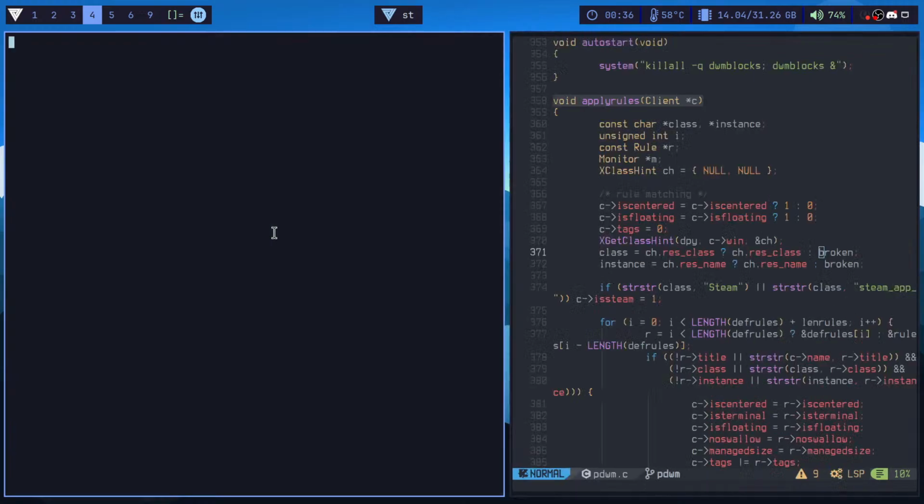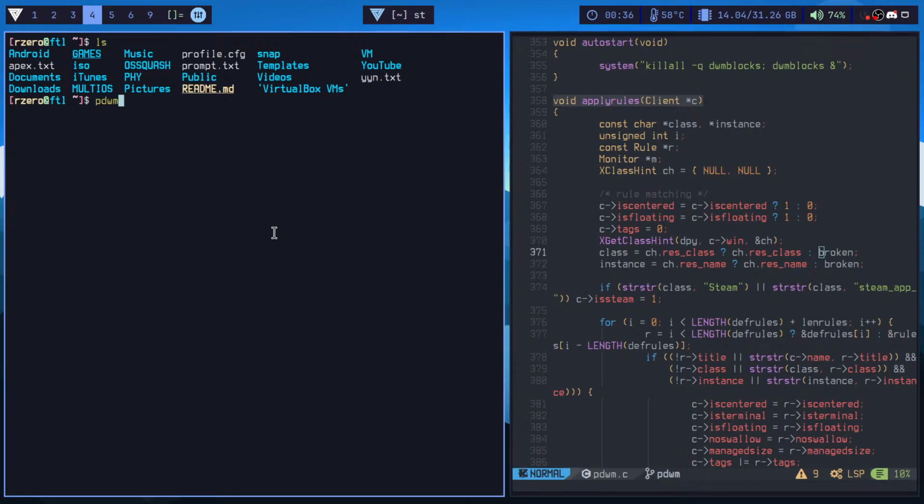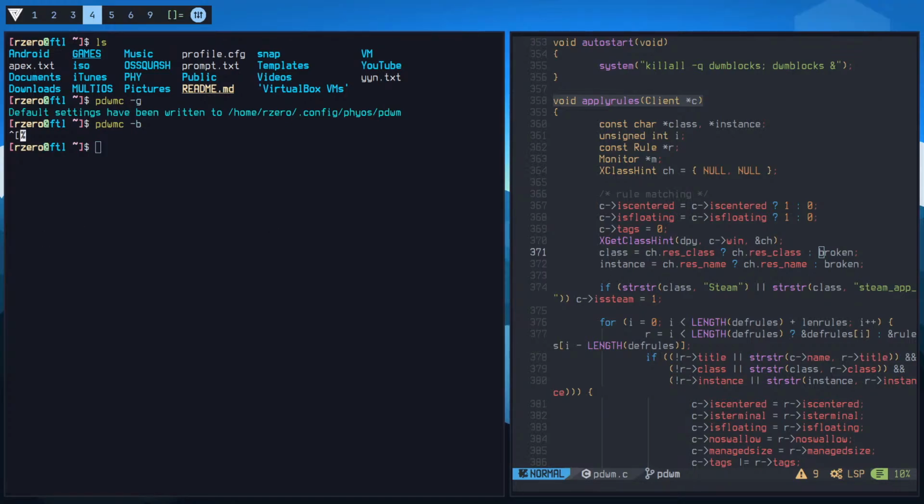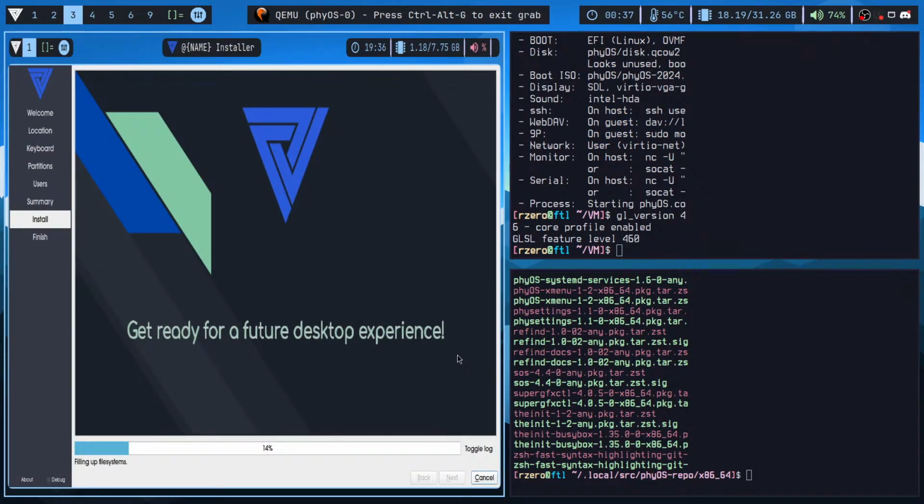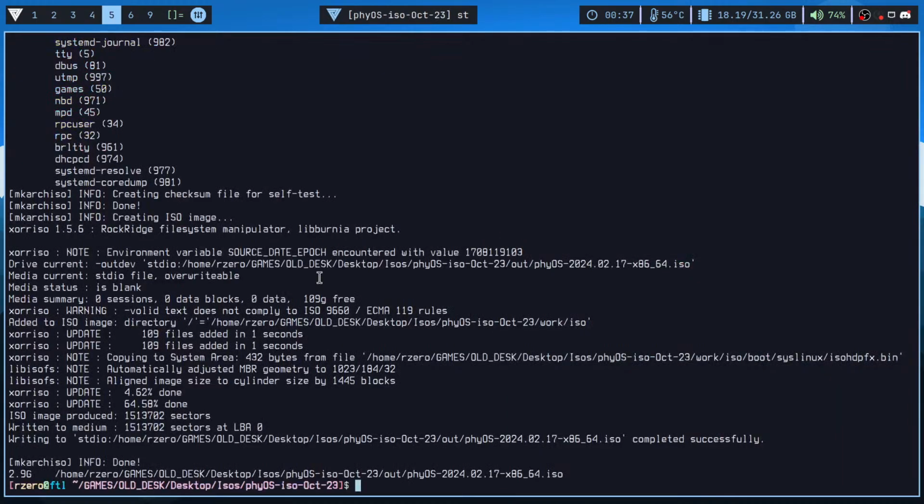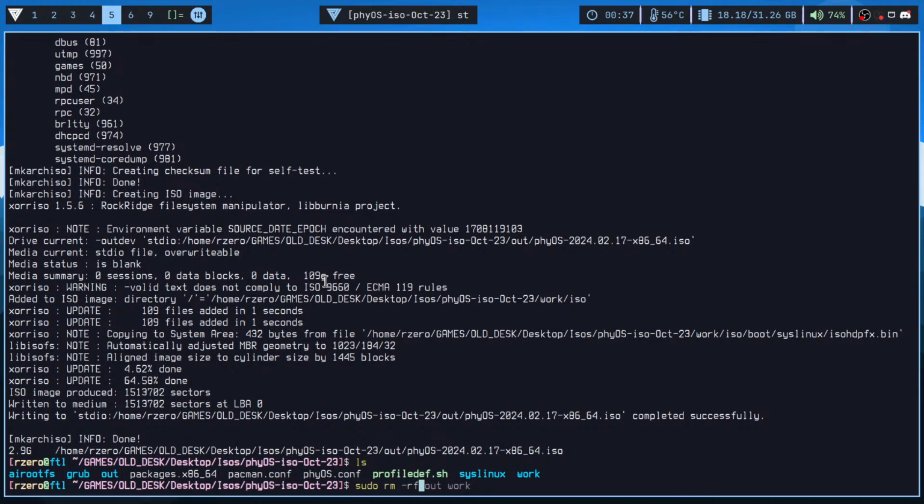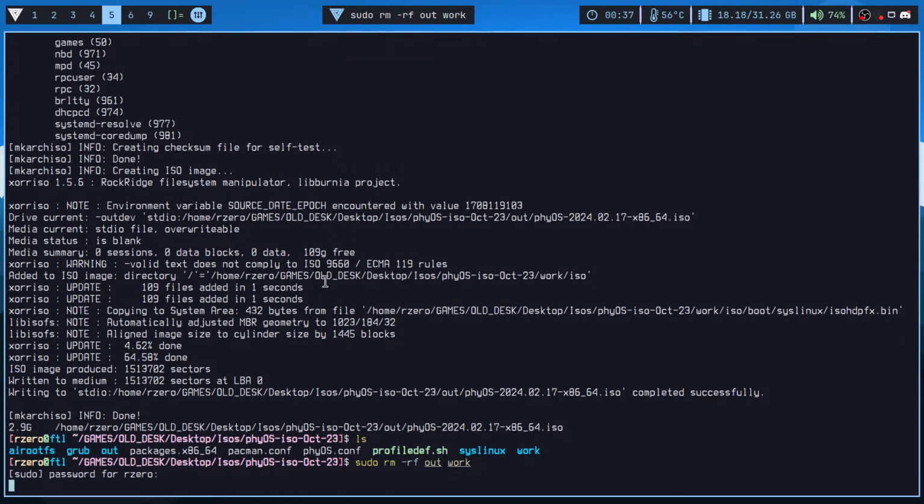Okay, so my computer was having those issues as well, so I will get the new PDWM configs and I will build it now. I hope nothing would crash. Okay, nothing crashed. Nice. And while this is loading up, let's remove out and work one more time, and